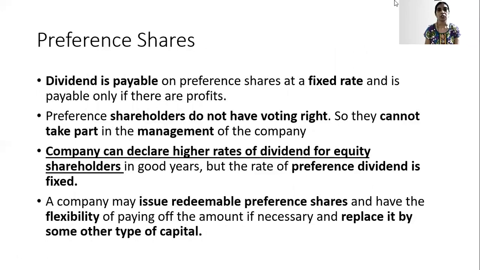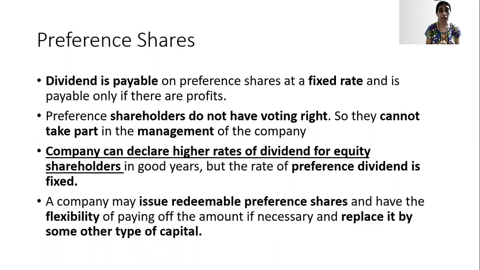Now we'll talk about the preference shares. Preference shares mean what? Preference shares always have a preference, a preference at the time of a company's winding up. These shareholders get a dividend which is fixed by the company, and that fixed rate needs to be paid by the organization. It is payable only if the company is in profit. If the company is not in profit, it is going to be accumulated and the next year the company is supposed to pay it. But here you see the equity shareholders don't have any fixed dividend rate, but preference shareholders have a preference for a dividend.